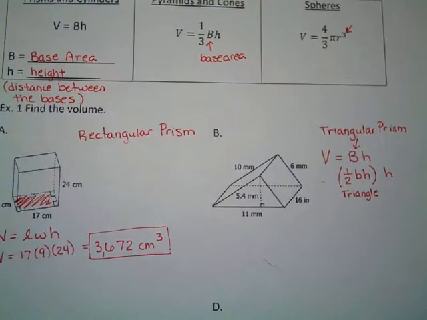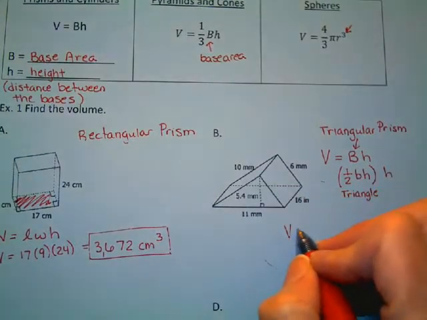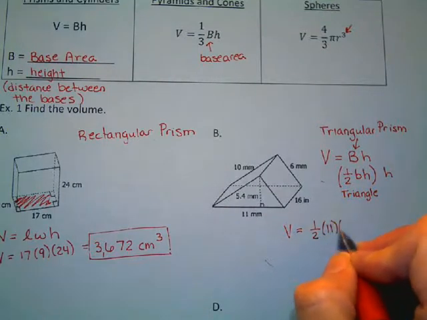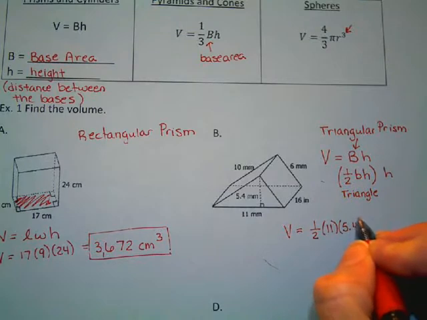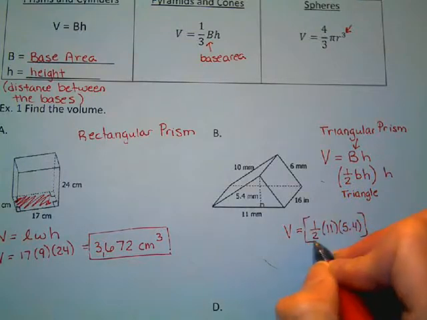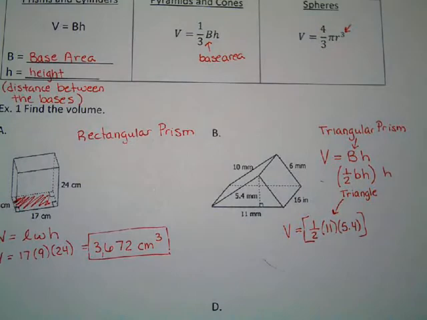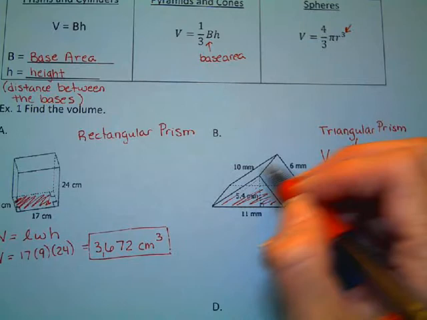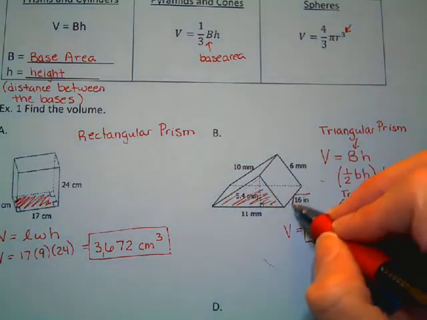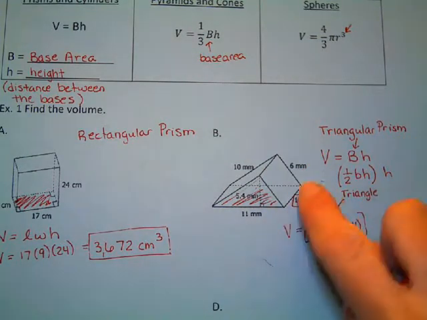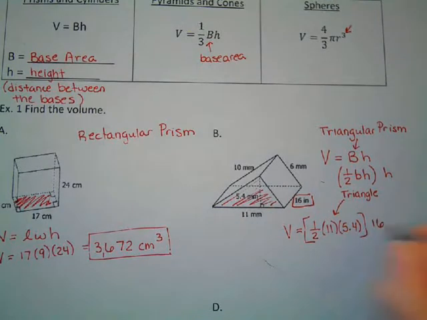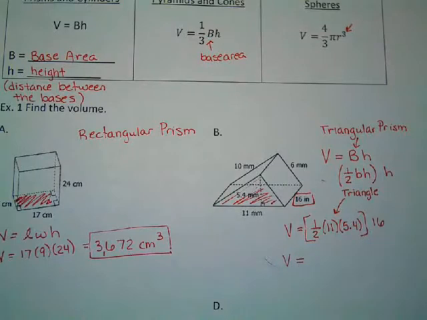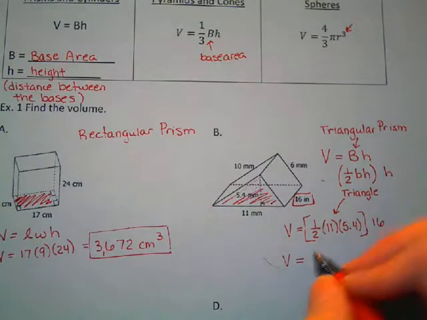So for our picture here, we would have volume equals the triangle would be 1/2. The base of the triangle is 11. The height of the triangle is 5.4. Okay, so this whole part represents the triangle. And then you say, okay, if that's the base, how far apart are these bases? So if I colored this in, and I colored that back triangle in, this number here is how far apart are the bases. So we're going to take that number times 60. Okay? And round to